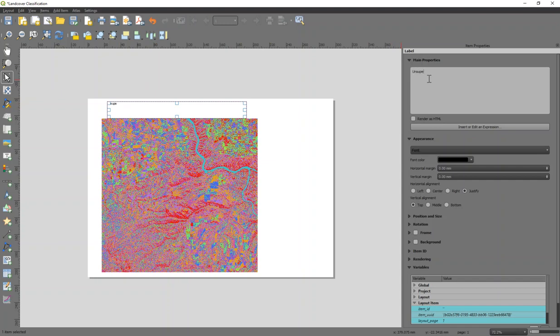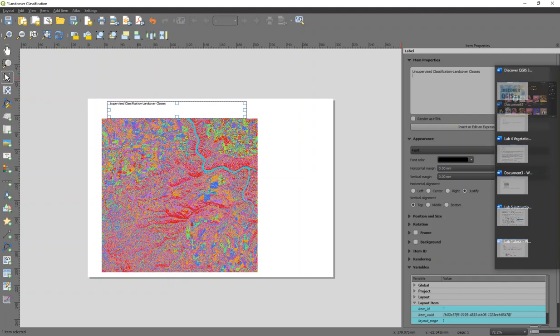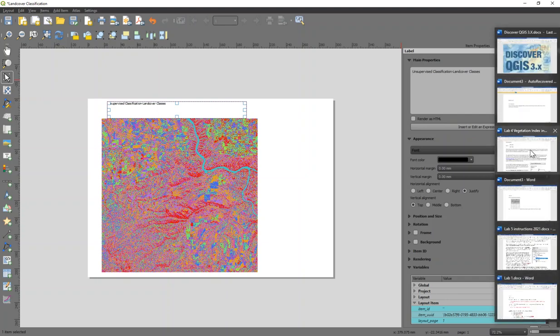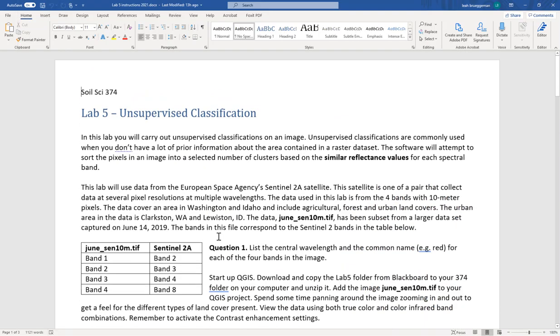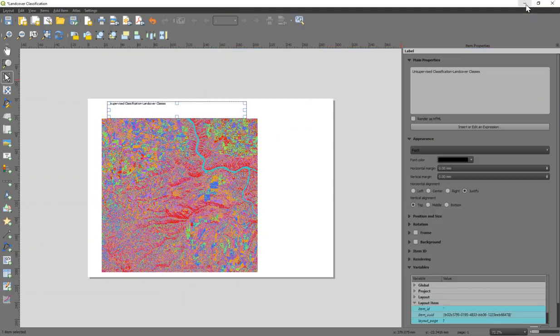Okay, I'm going to call this land unsupervised classification land cover classes, and then give it a location. Okay. I can't remember where the location of this data set is from anymore. Just a minute. I think it's from this, yeah, it is from Washington, Idaho. Okay, so you could say unsupervised land cover classes,